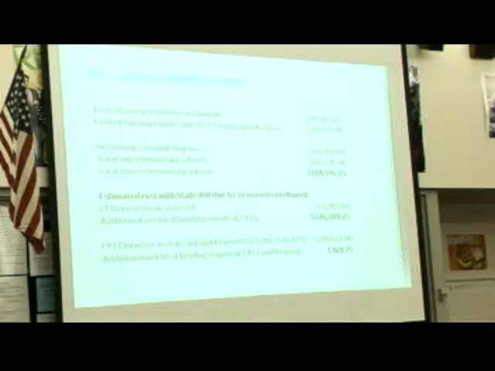So the actual cost to the district for the program, and this isn't savings we can achieve to help offset this, this is what the actual cost would be: $126,784. Then in year 2, an additional $126,000 in state aid comes in. So in the second year, you're looking at $369